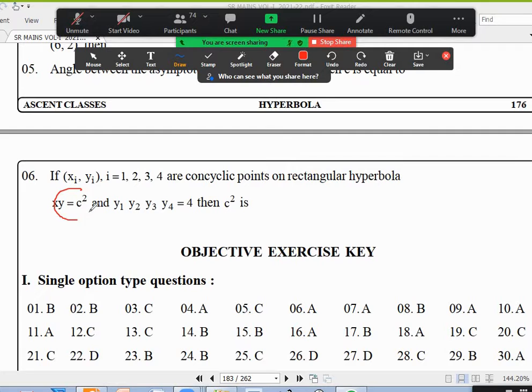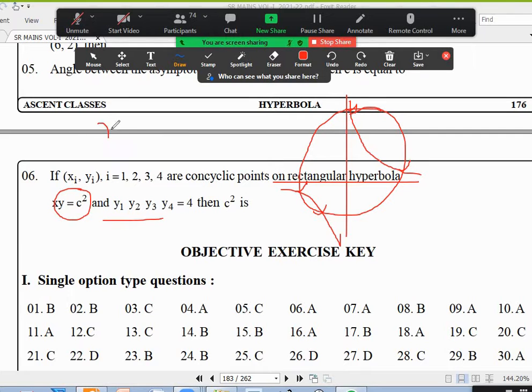Basically, this hyperbola and a circle are intersecting at 4 points. They want the product of the y coordinates. Of course, the circle center is not the origin. I'm drawing on the screen itself. This is a hyperbola. You can even have a circle like this. These are the 4 points. What is the product of the y coordinates? It is always c power 4 or something. Let us see y.